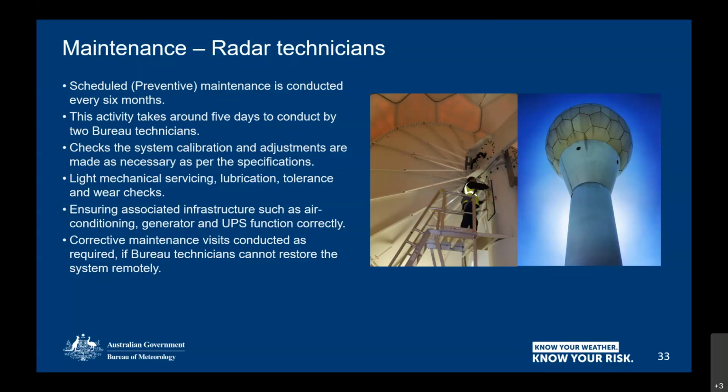So they're pretty busy. And also, when the radar breaks as well, which all radars do occasionally, we have to do what's called a corrective maintenance visit. So what the techs try to do first, before they go out, they try to ascertain what the issue is with the radar, so that when they need to visit, they take the right parts with them. And sometimes the issues can be resolved via remote intervention. But if they've got to go out to the site, that's another visit they have to do during the year. Whilst they're on site, they also do some maintenance, and first of all, they fix the radar. So that's the corrective maintenance within the Bureau network.